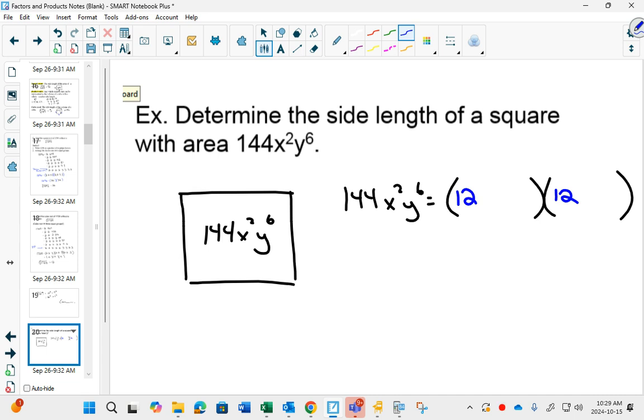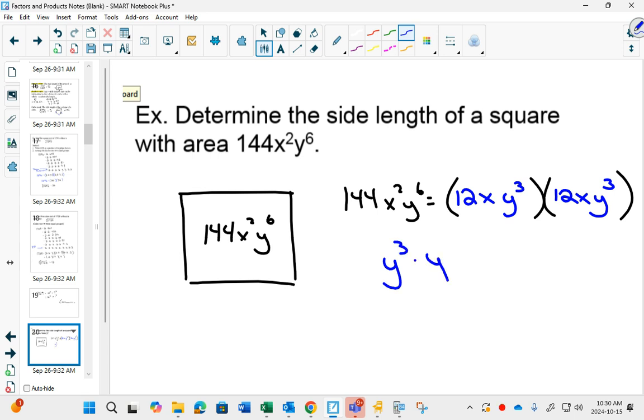Now we're going to go a little bit back to your algebra from grade 9. If you have an x squared, does it make sense that you would have to have x times x to get an x squared? And what times what makes y to the 6? Do you remember your exponent rules from grade 9? That if you had y cubed and multiplied it by y cubed,